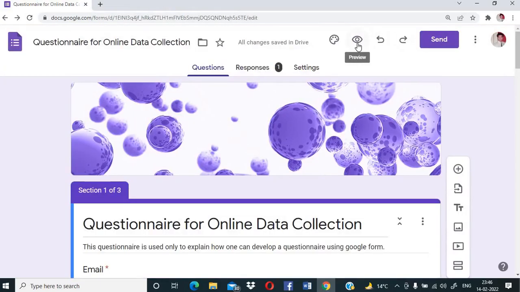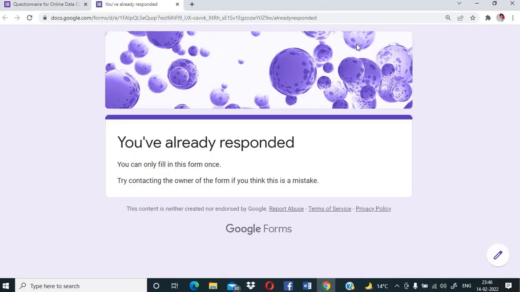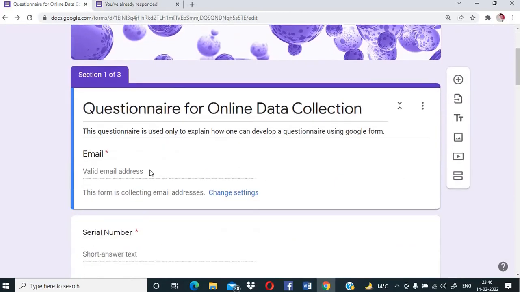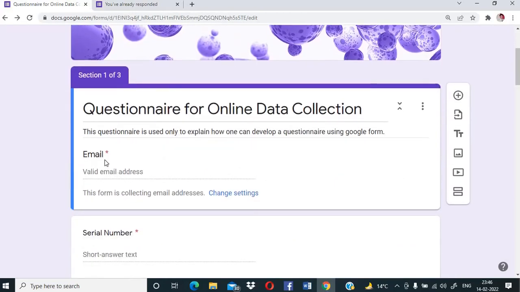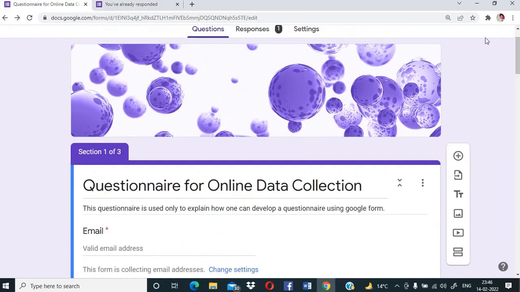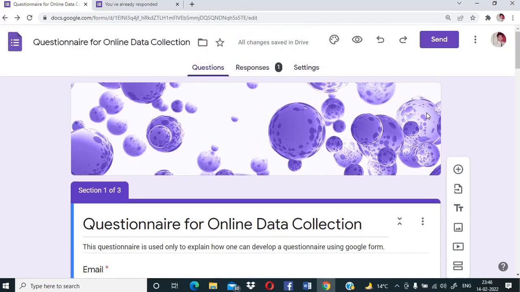Now once again I want to fill up another response with another person, so I click on this. You have already responded. So I have already responded. Why are they giving me "I have already responded"? I have not written anything, because I am under djb.stat@gmail.com. You see, I have logged into Google using that, and it has understood that I have given the response. So I cannot give the response anymore. That's why, because I have to log in through another email ID, then I can reach here, then I can